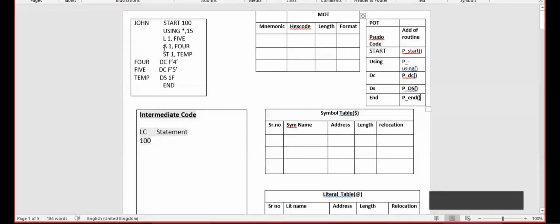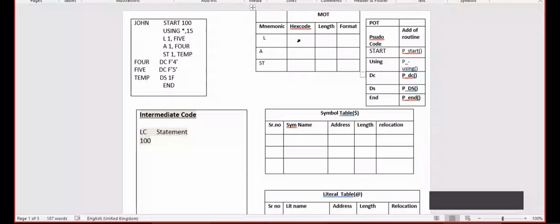So write down these in the MOT table. L means load, A stands for addition, and ST stands for storage.